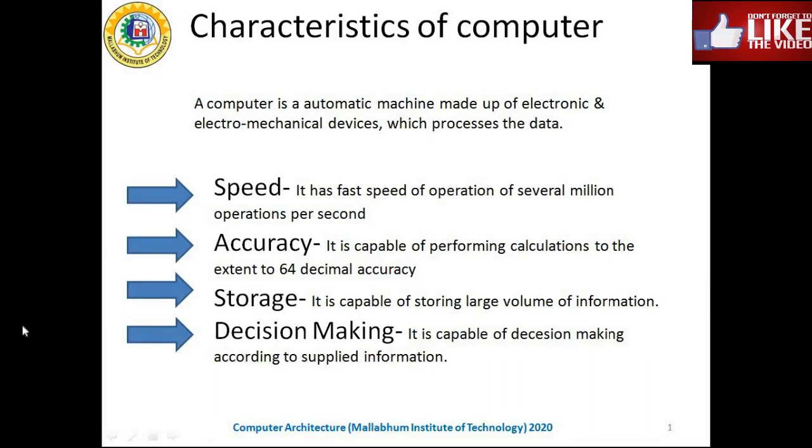So this is the third lecture of EC 502 computer architecture. Now in the previous two classes I have discussed the history of the computers, that means the generations of the computers, how computers have been made and their classifications, how it is gradually made from the vacuum tubes, and later on the integrated circuit technology comes into picture, and computer becomes so much lightweight and its speed becomes very much higher, and it is capable of doing very high level